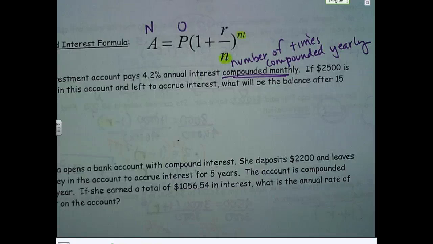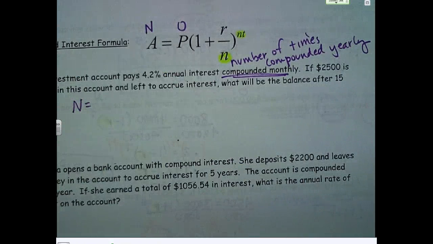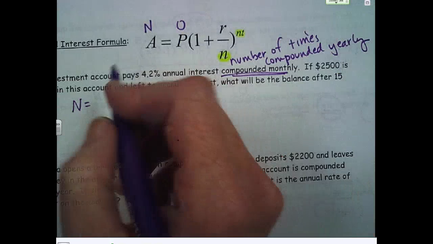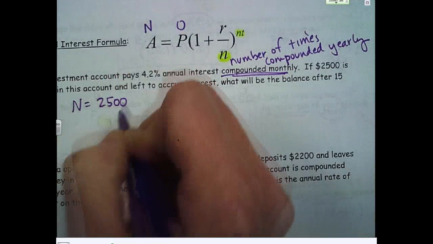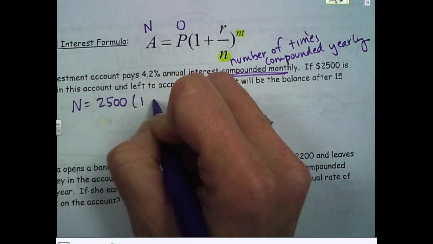Do we know the total balance? No, so we don't know the new. Do we know the original? What's the original amount, guys? 2,500, thank you. Okay, it says the account pays interest, so you're gonna get more and more. So we're gonna do 1 plus,